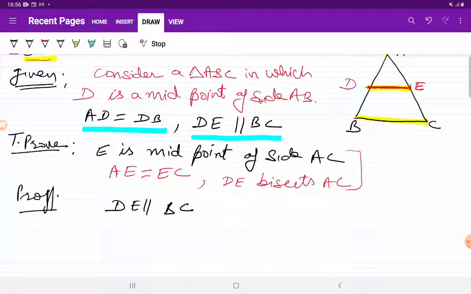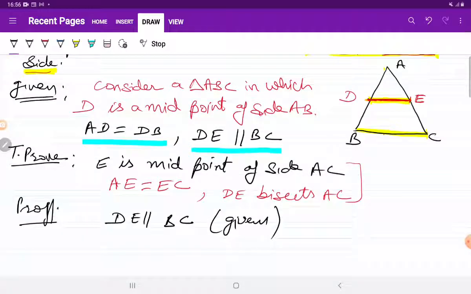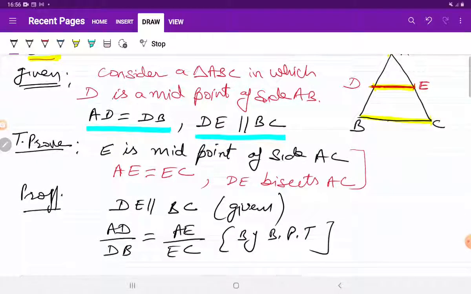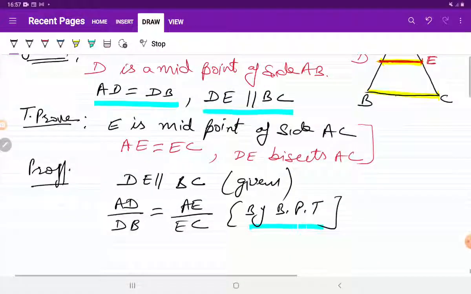ठीक है, तो रेशियो जो होती है अदर दूसरी दो साइड्स की वो सेम रहेगी अगर लाइंस पैरेलल आती हैं। सो लाइंस पैरेलल दिया है हमें, दिस इज गिवन. So if lines are parallel, then the ratio of the other two sides, that is AD divided by DB, is equal to AE divided by EC by the basic proportionality theorem. Okay, BPT theorem, or you can say Thales theorem, all are the same.